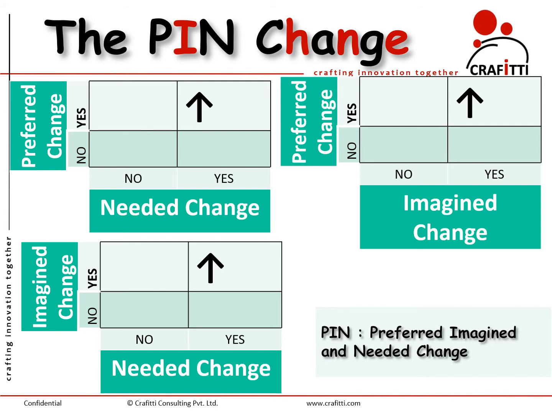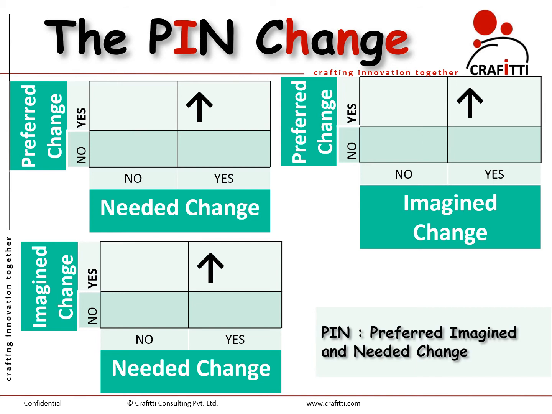If that change happens, what will be the impact? What exactly will be the change? How do we really see that imagined change? So this is the second part: preferred and imagined. First was preferred and needed. Here also we need to say yes, that is what I have imagined extensively, and I still would like to have my preference for that particular change that I am about to commit to. Third part is, after you have imagined, is it really needed by the people, by the systems, by the subsystems or networks which are going to be impacted by that change? So it is a broader aspect of imagined enough and needed still, right? So preferred,